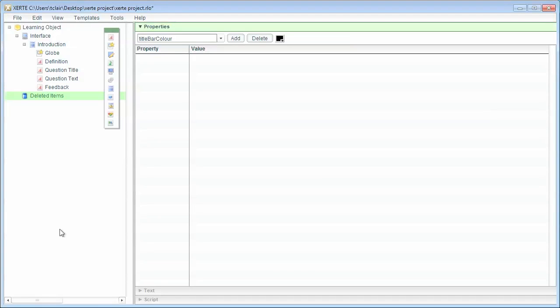Today I'm going to demonstrate Xerte. Xerte is an open source Flash-based e-learning creation tool that's geared towards those who are familiar with Adobe ActionScript. What I've done so far is I've created a basic learning object that has a page that contains a definition